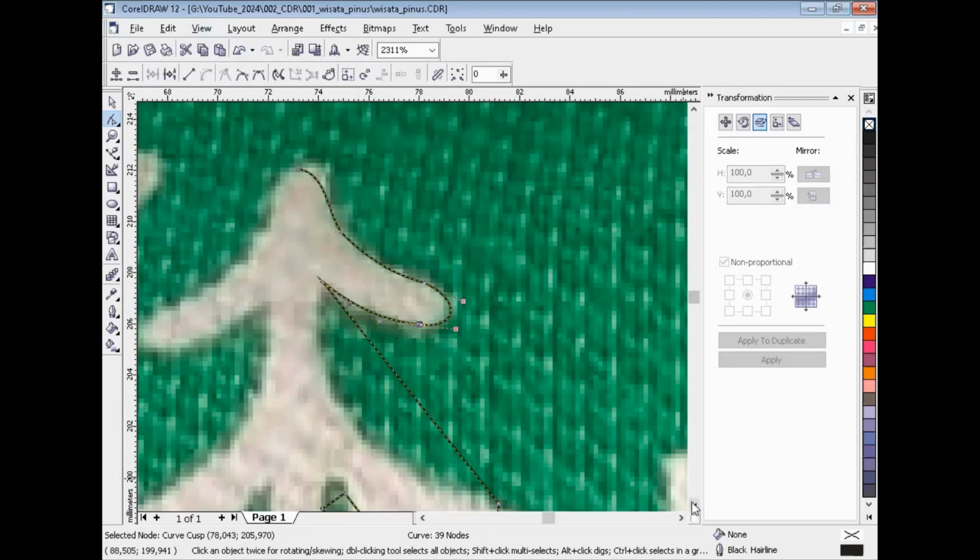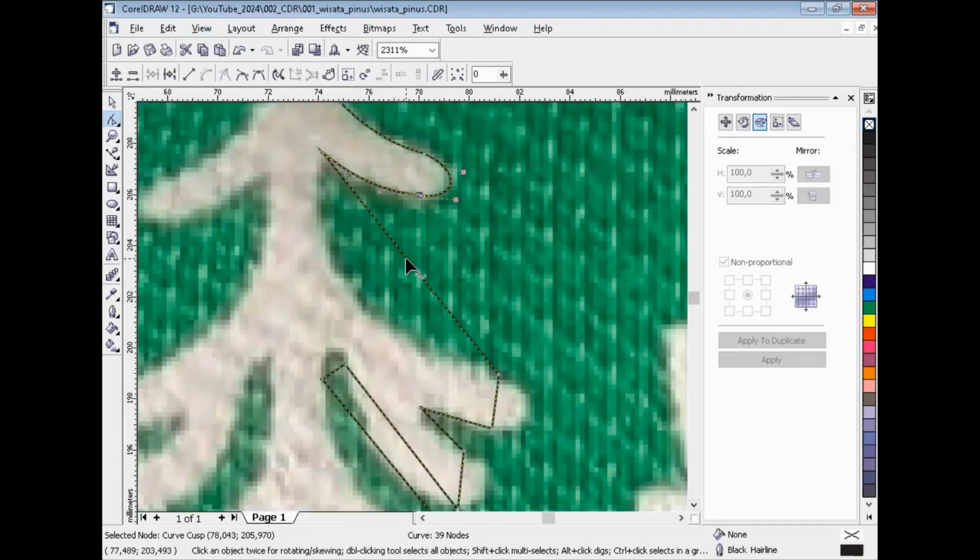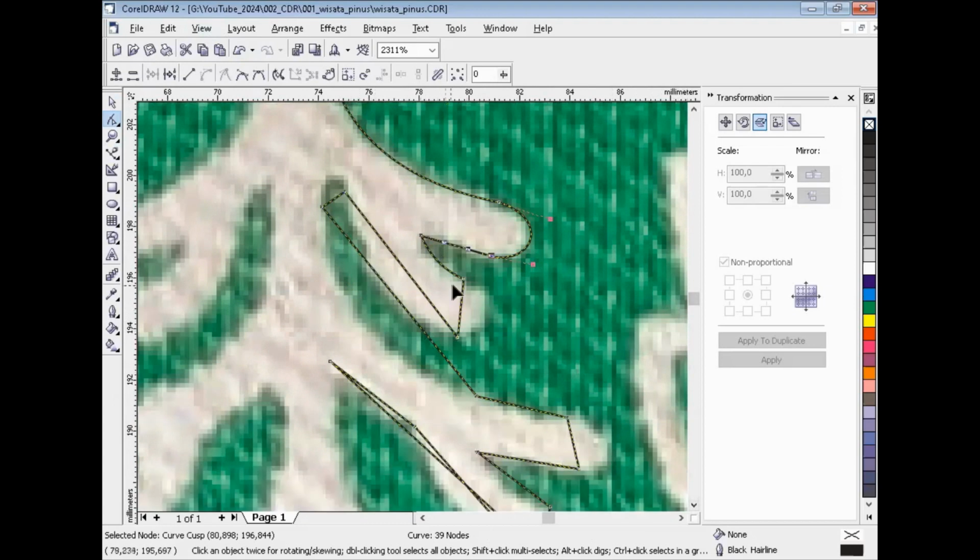Yes, great. Choose the node and control the node. Okay, great. Control the node like this.